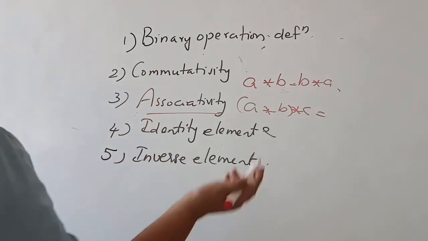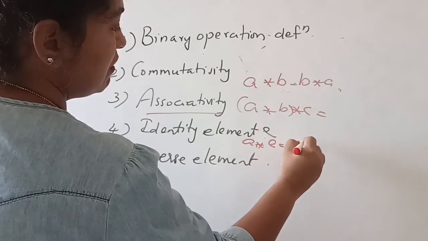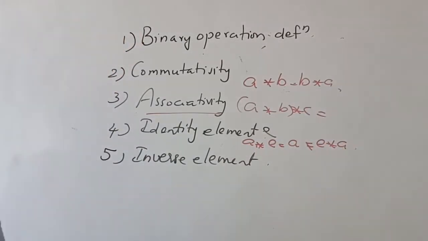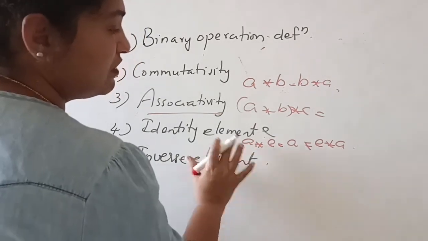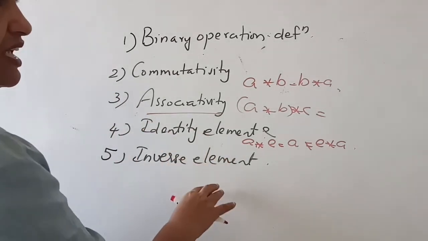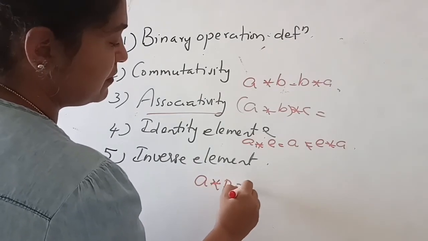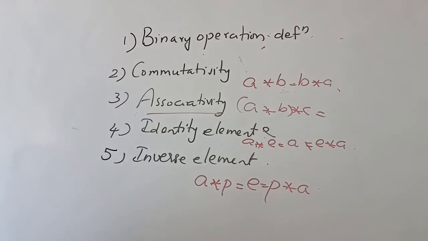If it is existing, the condition was that A binary E has to be equal to A, has to be equal to E binary A. And this particular identity element has to exist in the same set on which the binary operation is defined. If there is an identity element, we can talk about an inverse element, which says that if P is an inverse element, okay,